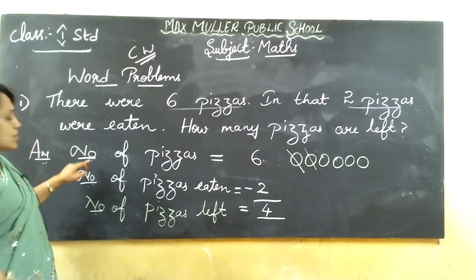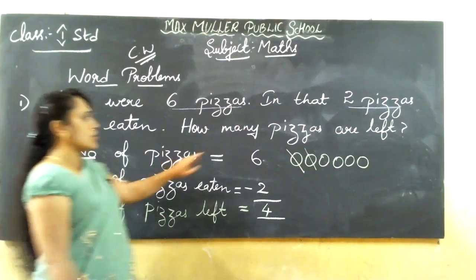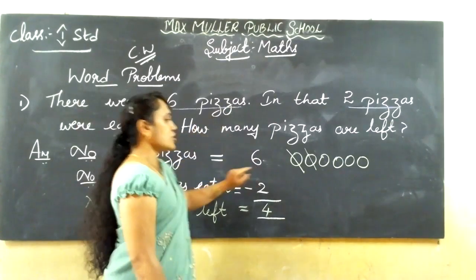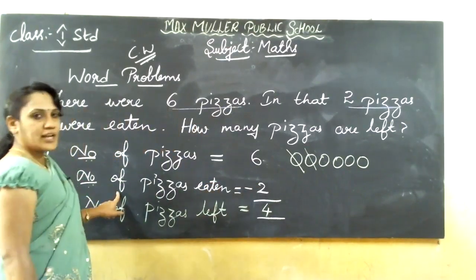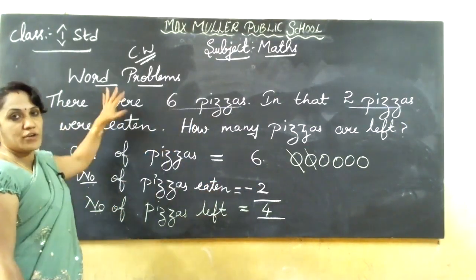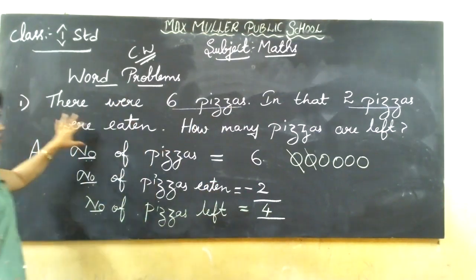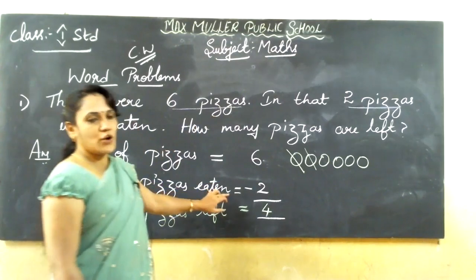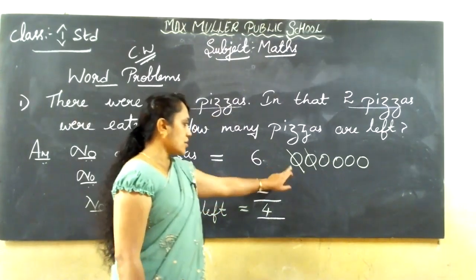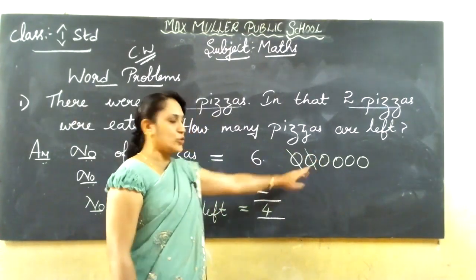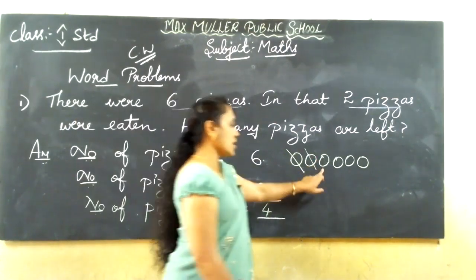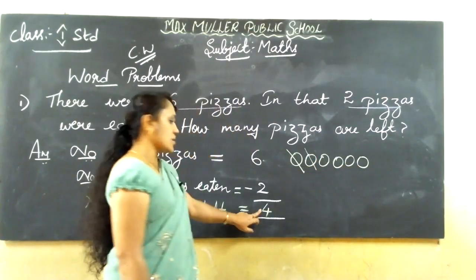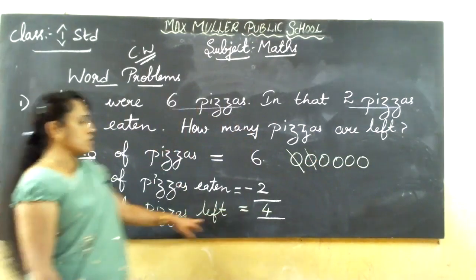So start the answer. First line, see, number of pizzas. How many pizzas are there totally? 6 pizzas. Second line you go and write. Leave a line and write. Okay, in one page, one sum you write by leaving a line. So it will come neatly. Next, number of pizzas eaten. How many pizzas they ate? See, total 6 are there. 2 pizzas were eaten. 2 you cut off. See how many balance is there? 1, 2, 3, 4 balance. Okay, that only right here. Number of pizzas left. 4.